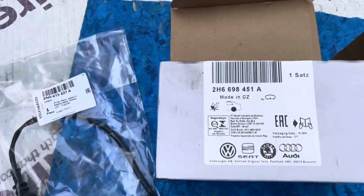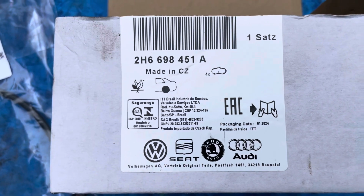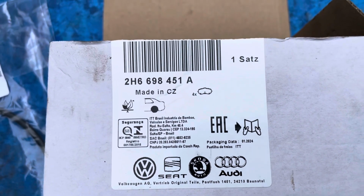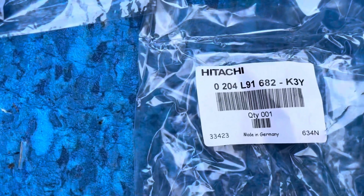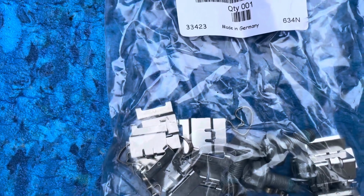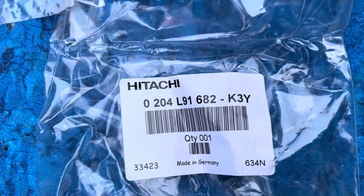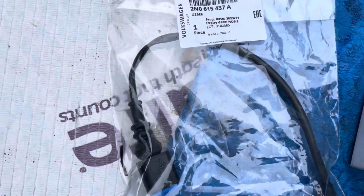So to do it, I ordered the genuine VW Crafter brake pad set, part number there, which comes with the clip set in the box, all part of the original part number, and a new brake wear sensor,